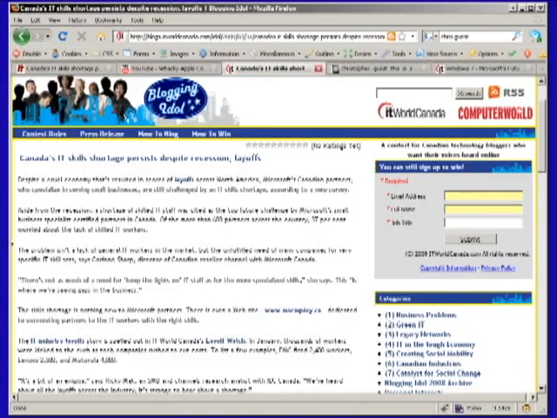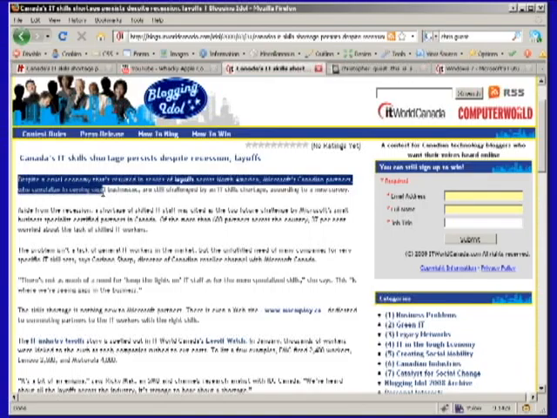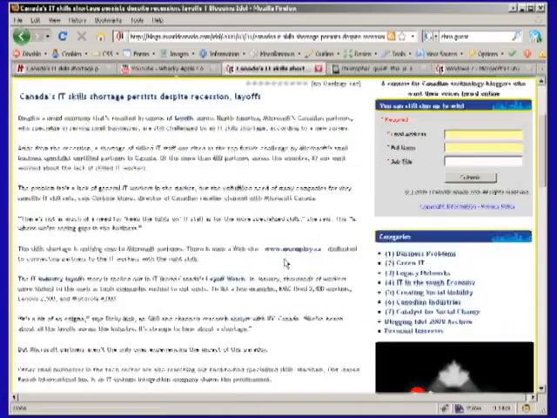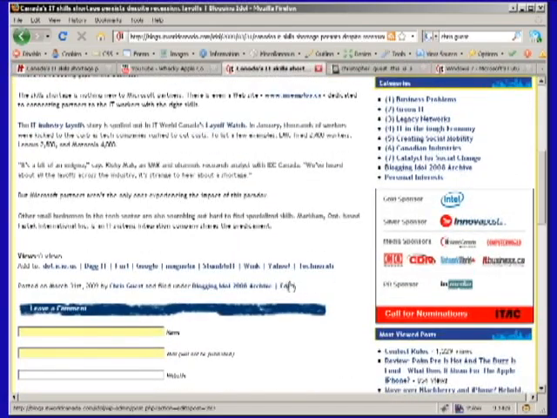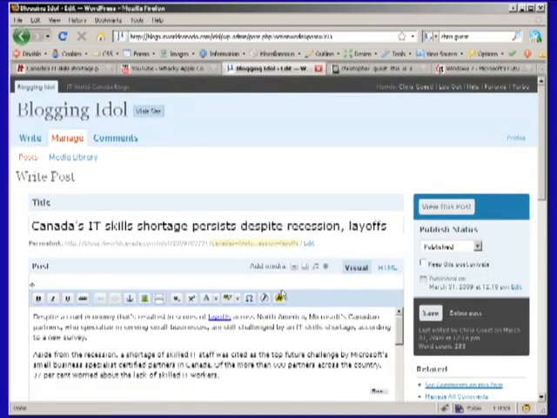So I've got the article written, but plain text on a white background is not what we want. We want to give this a little bit more pizzazz. One of the easiest ways to do that is with images and videos. So I'm going to click on the edit button, now that I'm logged in, at the bottom of my post,